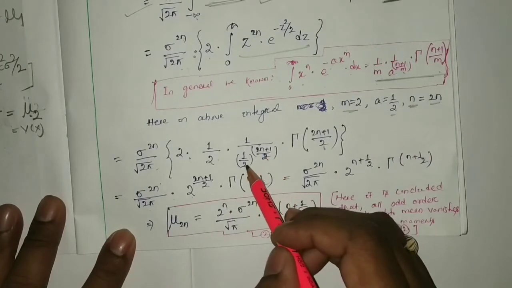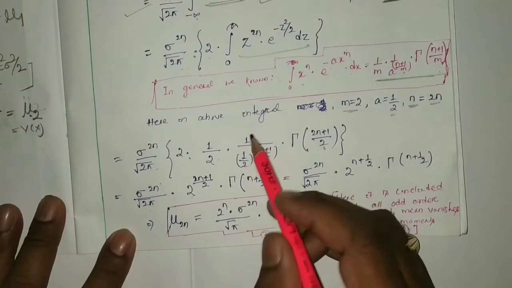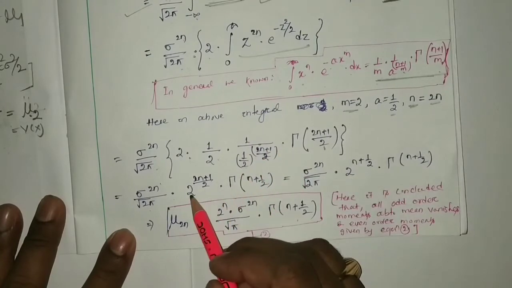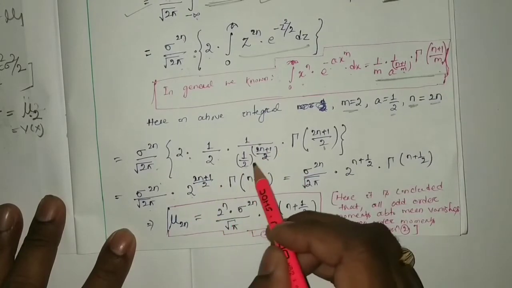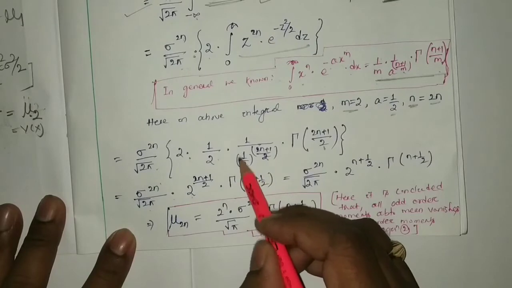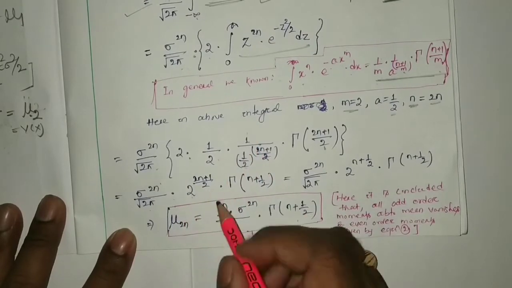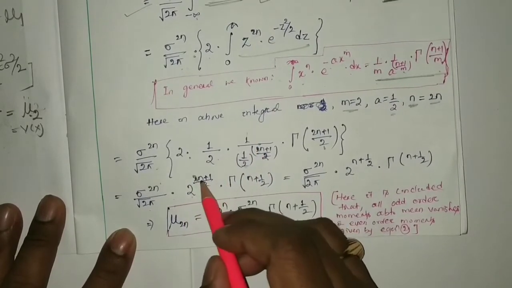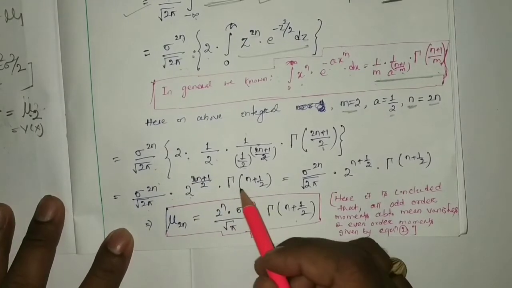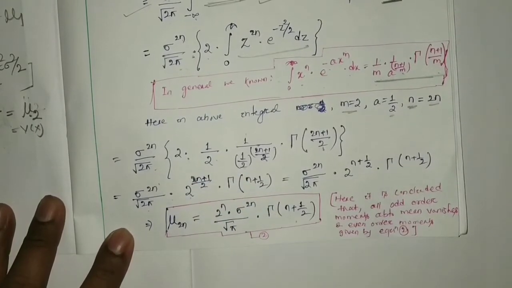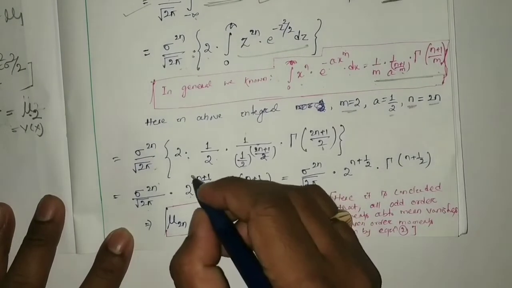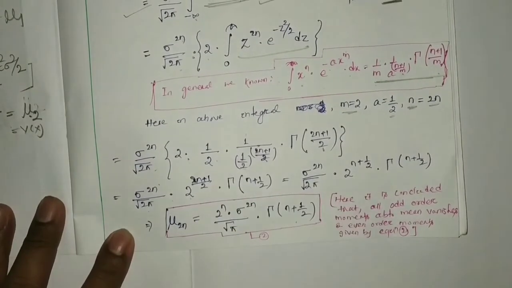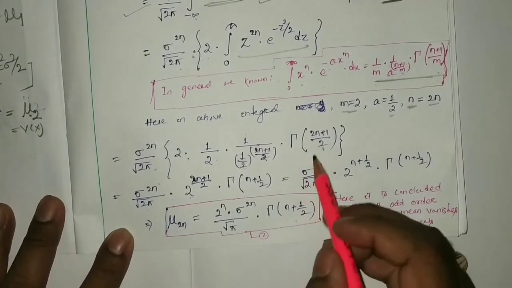So if we are going to take this 2 to the numerator, so it will automatically be 2 to the power 2n plus 1 by 2. This 2 gone to the numerator. So it will be 2 to the power 2n plus 1 by 2, gamma, this is 2, gamma n plus, see gamma